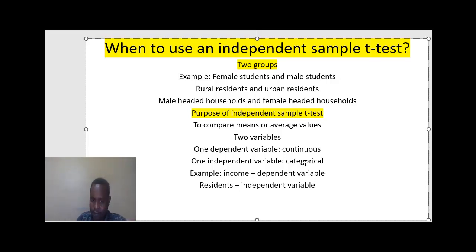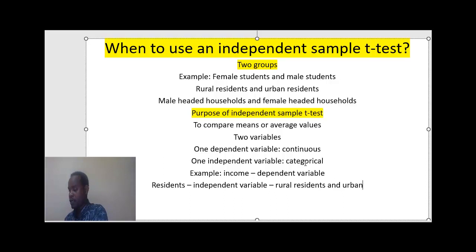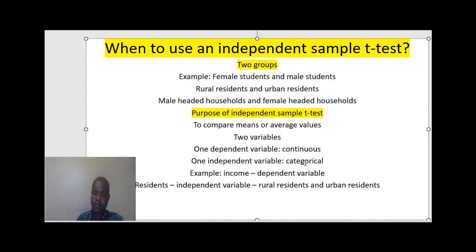And once again, in the independent variable, there should be two groups. There should be two groups, and we have two groups in a variable termed as resident. Look, okay, we have two groups of residents: rural residents and urban residents. Okay, therefore